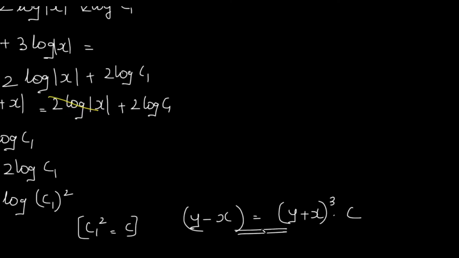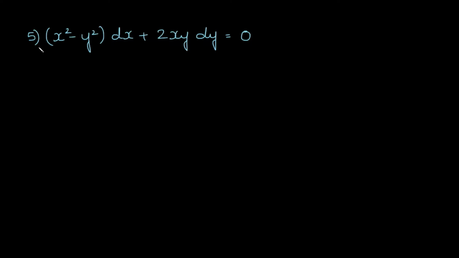Now this is not the answer which has been given in the textbook. In the textbook some other answer has been given. However, this is the correct answer for this particular sum that is here. So just study the sum and then we'll move on to the next sum. So the fifth question, (x square minus y square) dx plus 2xy dy is equal to 0. Just check whether you can understand what I am doing over here, because I have explained the steps to you enough number of times actually.